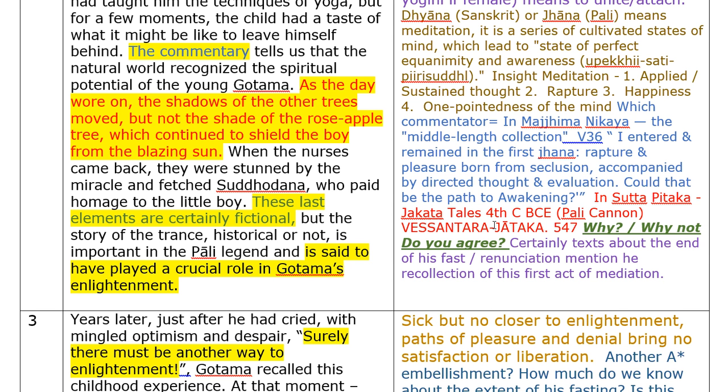"When the nurses came back, they were stunned by the miracle and fetched Suddhodana, who paid homage to the little boy. These last elements are certainly fictional, but it's the story of the trance, historical or not, that is important in the Pali legend." Well, let's pause there. Hold on. Why is it certainly fictional? Well, okay, certainly atheists would agree that miracles are certainly fictional. Is this just Armstrong's liberal, mystical religion that doesn't believe in an interventionist God? It's fascinating that Buddhism believes in the miraculous, although it doesn't emphasize it,